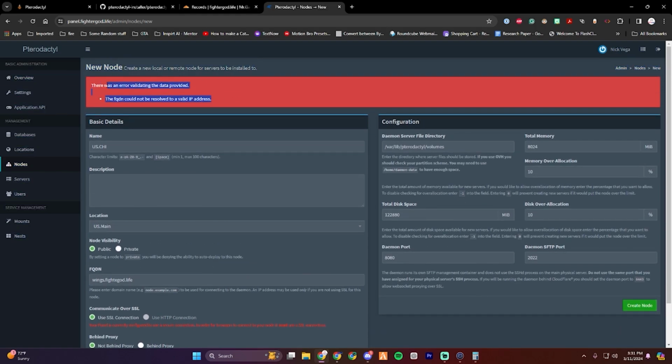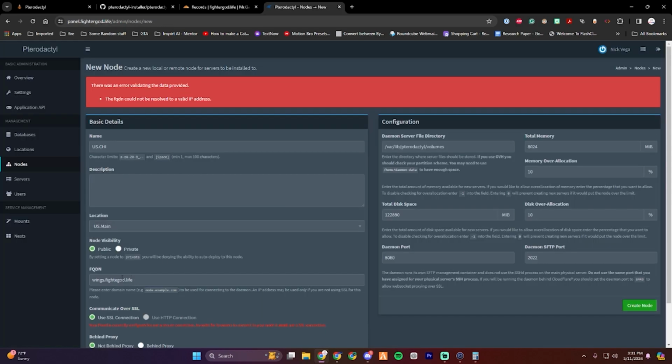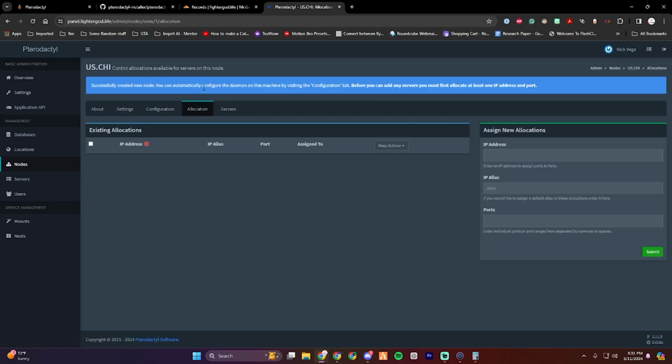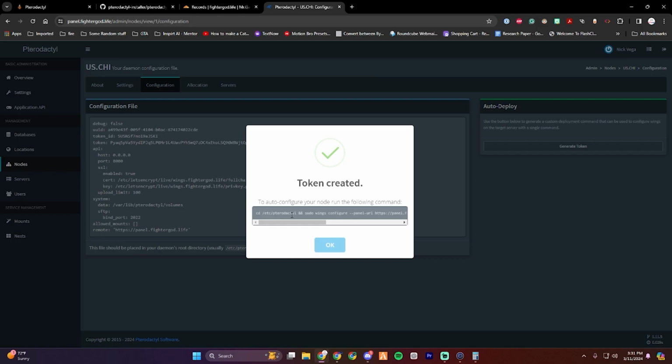This error right here is something on my part. It seems that I did not install the subdomain. Let me see. Oh, I just didn't spell it right. Okay, there we go. Now that the node has been successfully created, we can go into configuration, generate token, copy